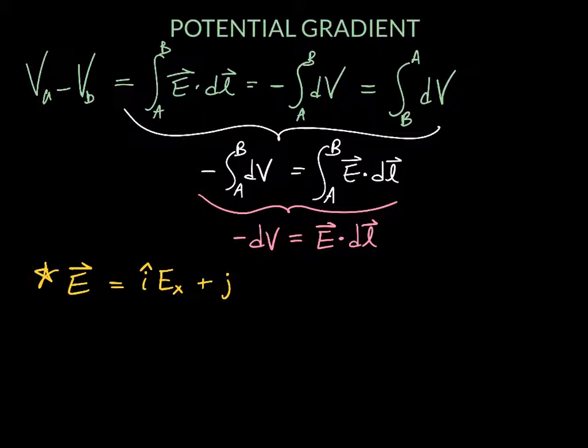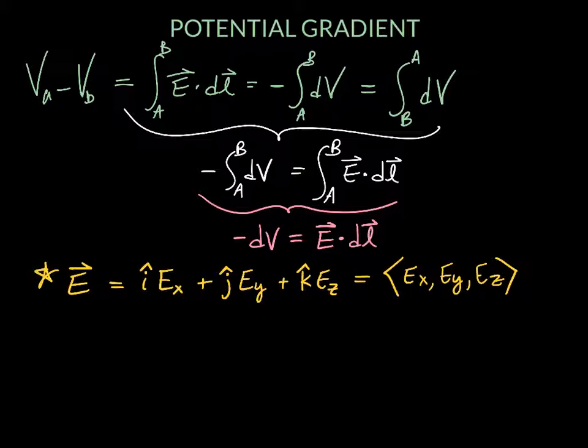So the x component with its magnitude, the y component with its magnitude, the z component with its magnitude. You could also write this way. I prefer this bracketed form, but